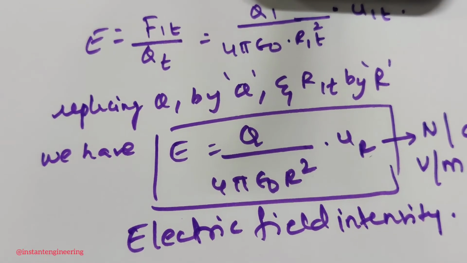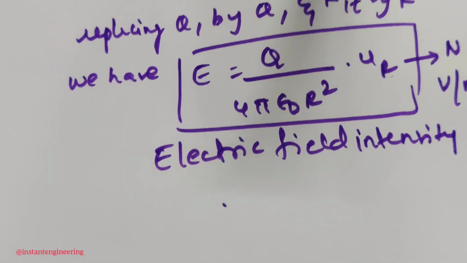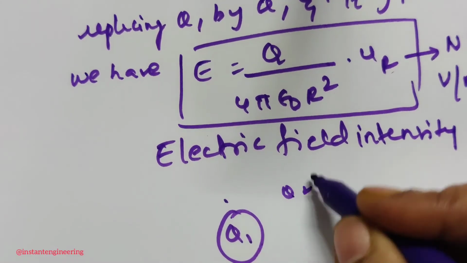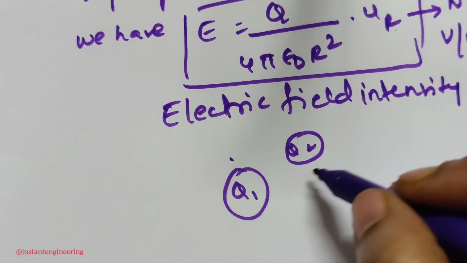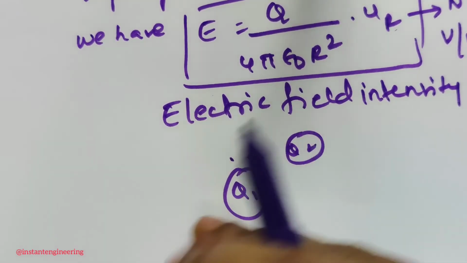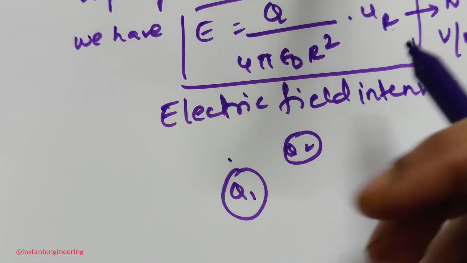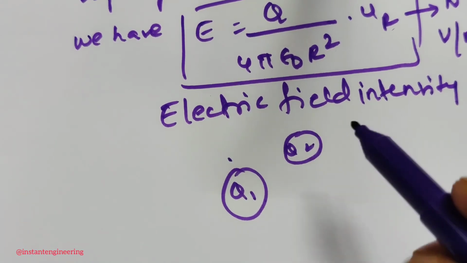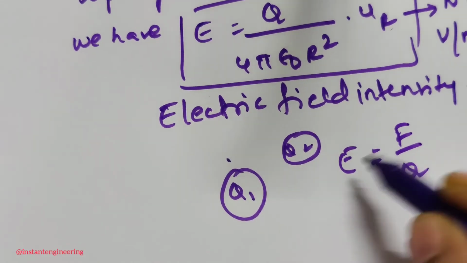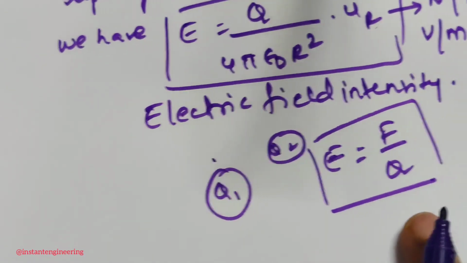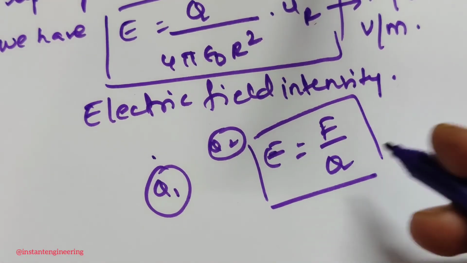If there are any two charges, Q1 is fixed and Q2 is replaceable. So if at any place you can change this, the range till which the force of attraction is present between these two charges, that range is called as field, and that intensity till where they both hold that force is called as electric field intensity. Or in simple language you can say it is force by charge, F by Q also. This is what we have learned from the beginning, from our childhood in physics. Force by charge is called as electric field intensity.